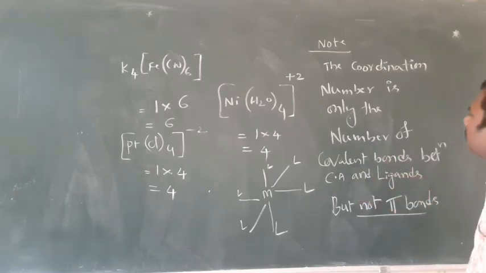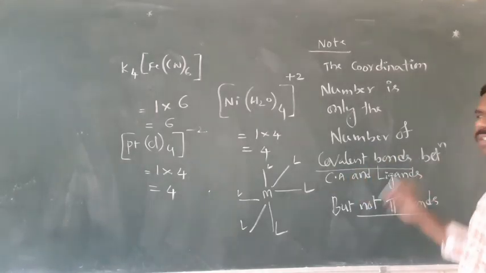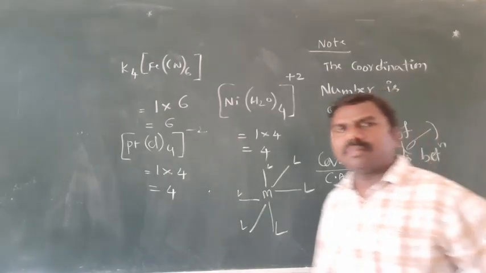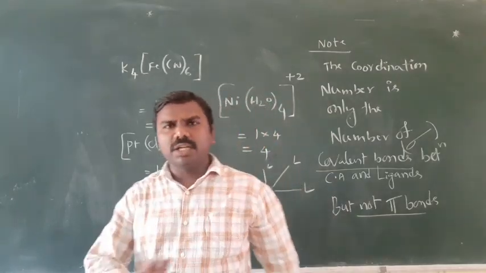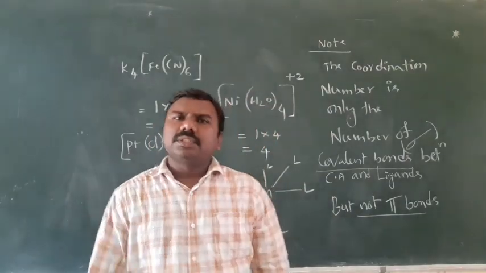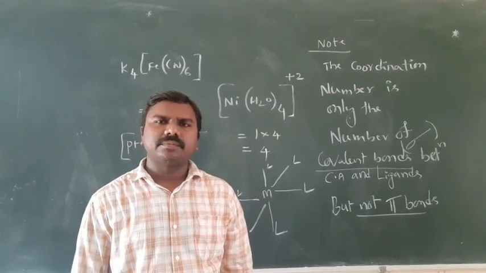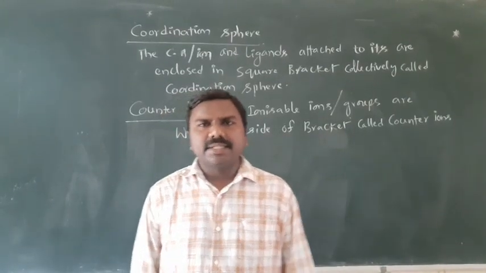Only the number of covalent bonds. A covalent bond is a sigma bond, remember. Count the number of sigma bonds, but not the pi bonds. So this is the coordination number. The next term is